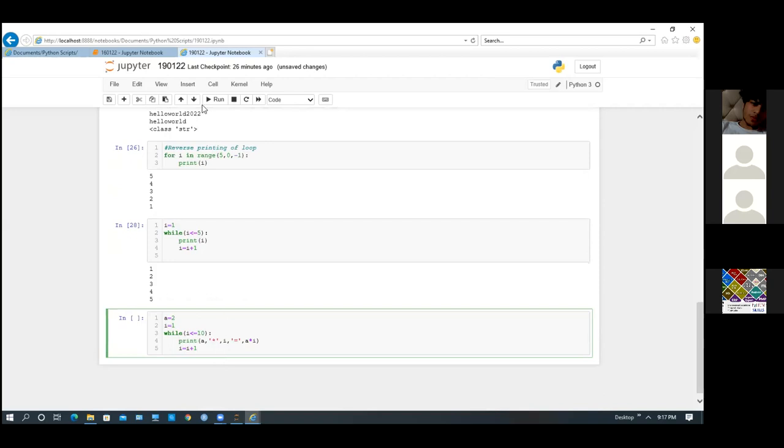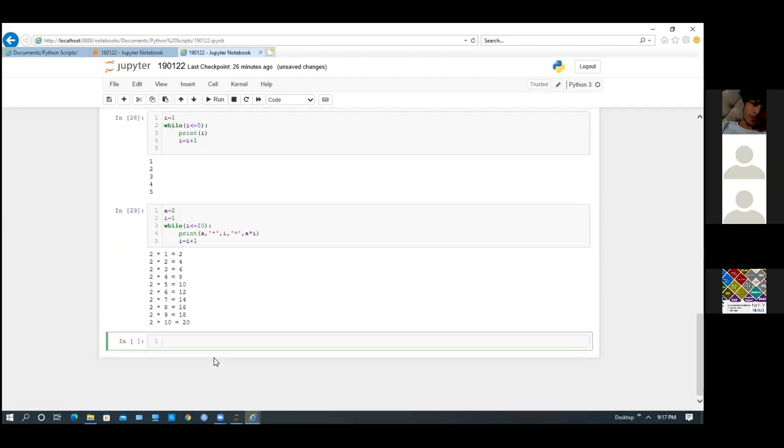If I print it, you will get the same output. So this is how a while loop works.